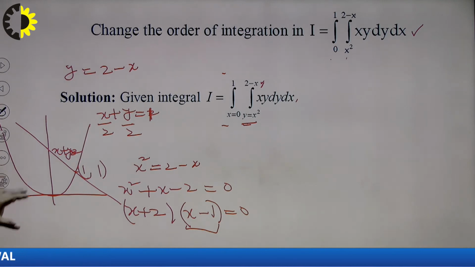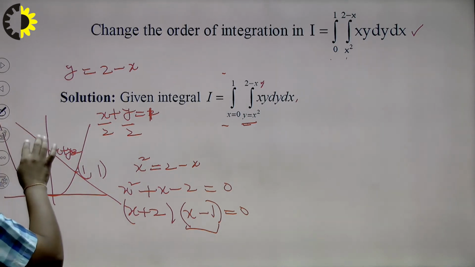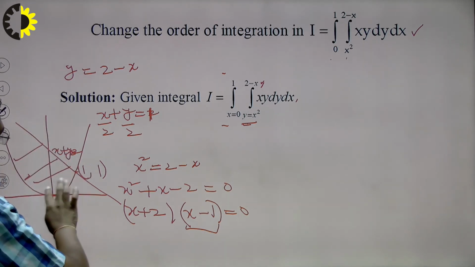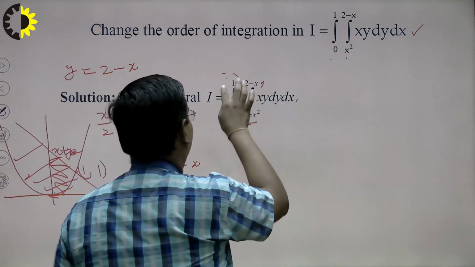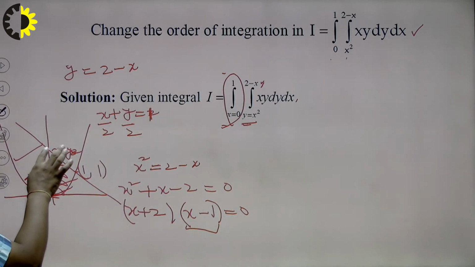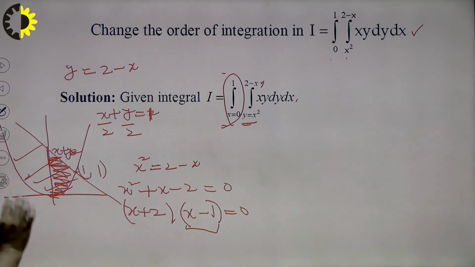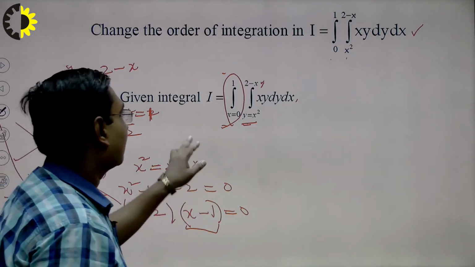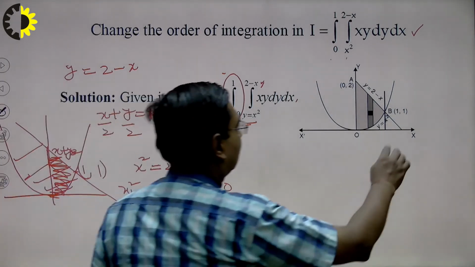This is the region between this parabola and the line. The region between the parabola and line is to be considered, but which region? Because this whole region is there, or this part is to be considered, we will decide it with the help of the limits of x. Limits of x are from 0 to 1, meaning this part, x from 0 to 1, is our region of integration. This region of integration is drawn here in a more systematic manner.